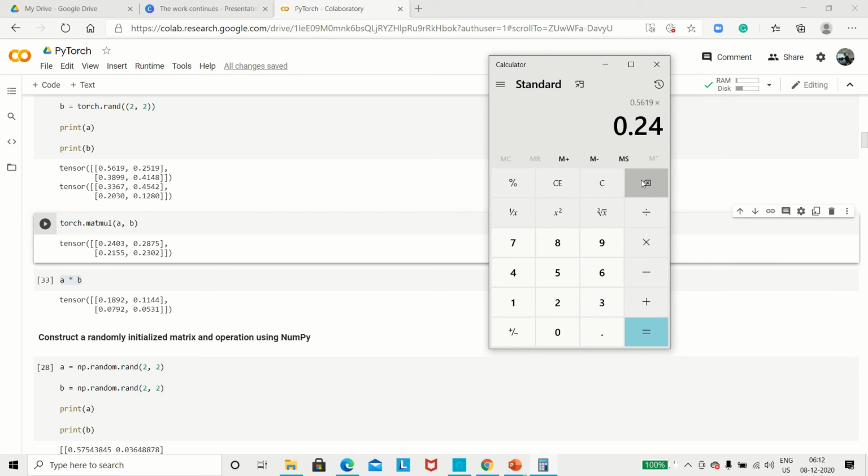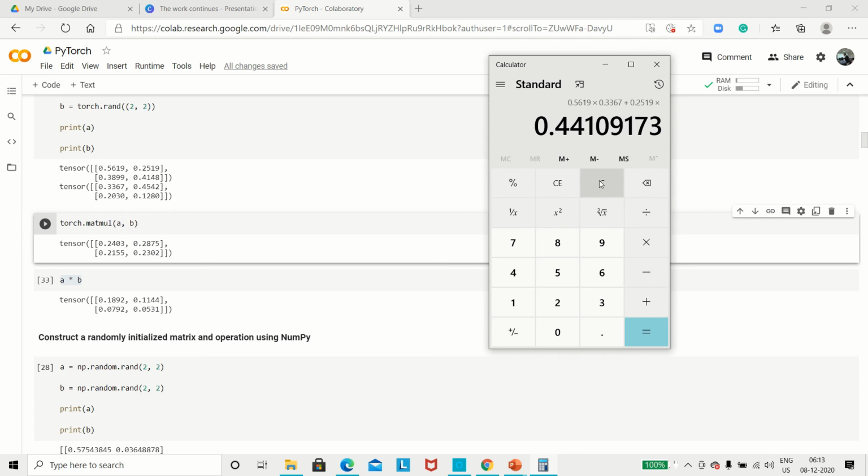So I have multiplied the first element in the first row of matrix A by the first element of the first column of matrix B. Plus, then we have the second value in the first row of matrix A, which is 0.2519, multiply by,